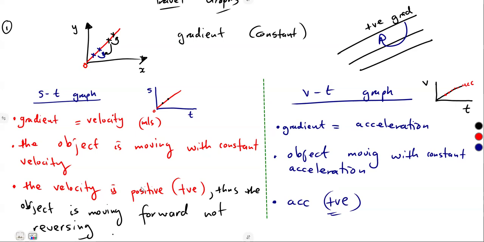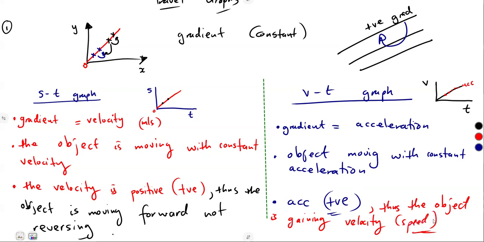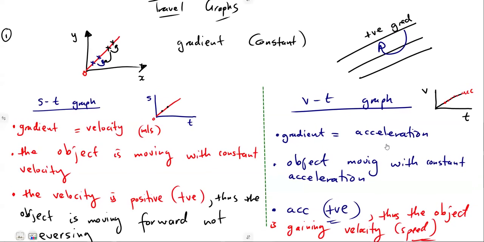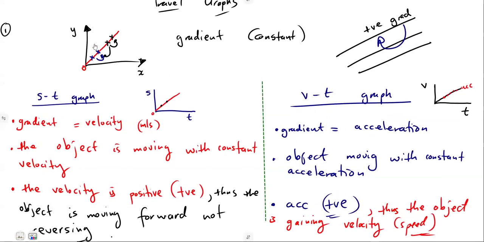It's about gaining velocity. Thus, the object in this case is gaining velocity or speed. That is the concept of what we are having from this interpretation of a constant gradient